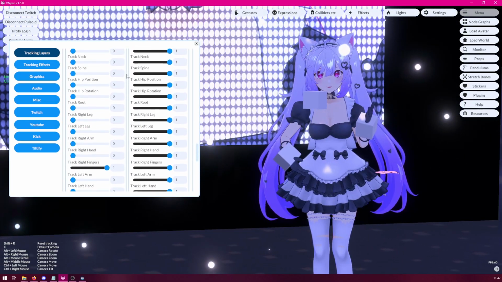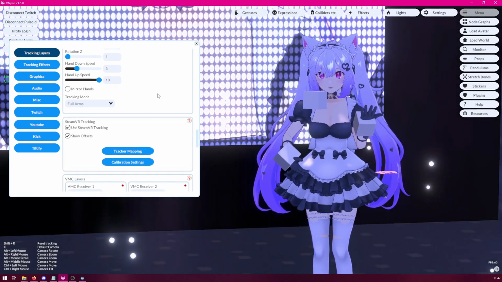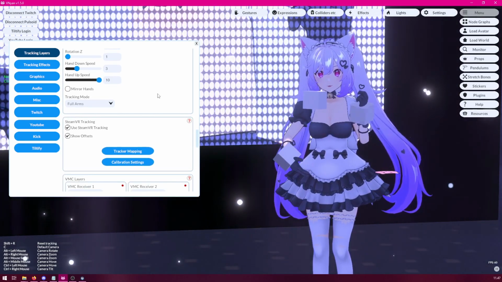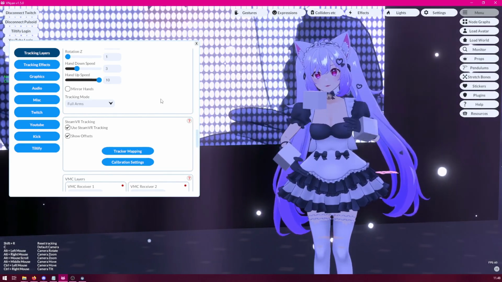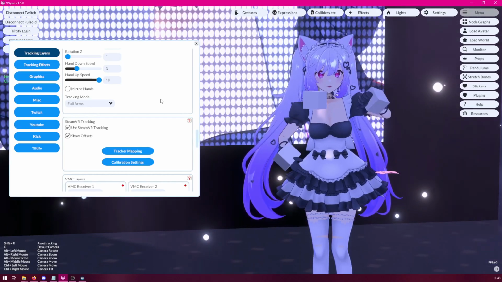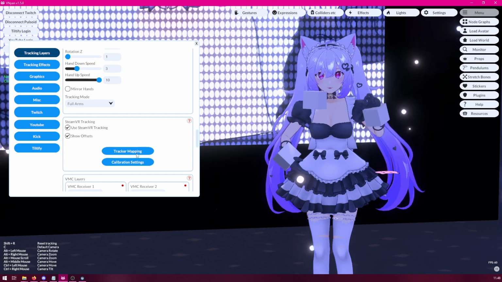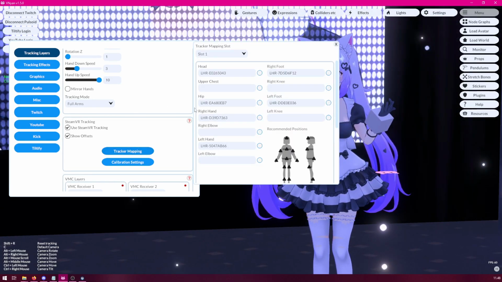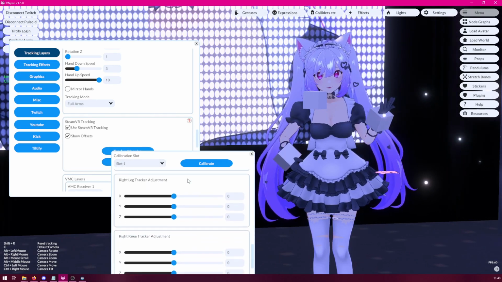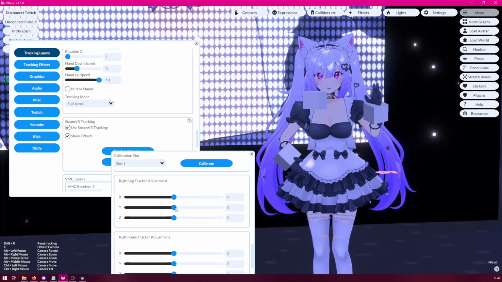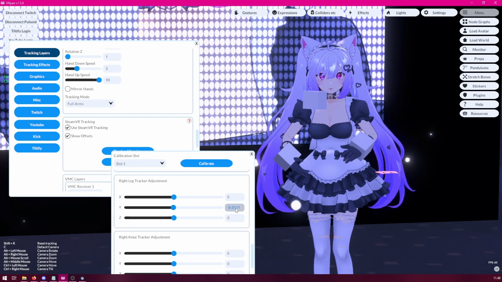If you are using something way different than what I've been using during the stream today, let's say you don't actually have Index controllers, but you are using tracking gloves and you're combining them with, let's say, a Vive tracker, then your arm tracker position may of course be different. So in this case, you would obviously have to adjust the offsets for your hand trackers. For example, we could adjust the hand trackers